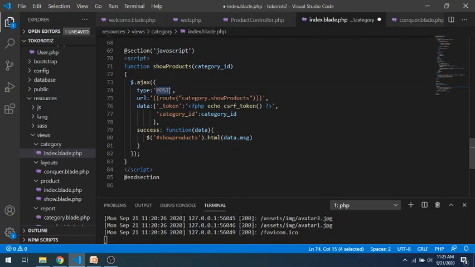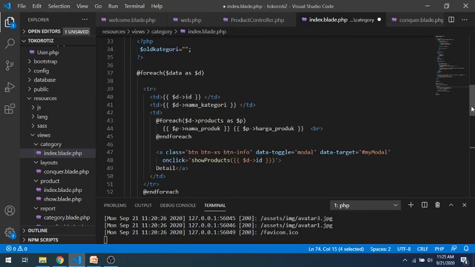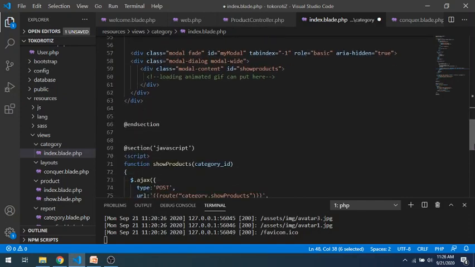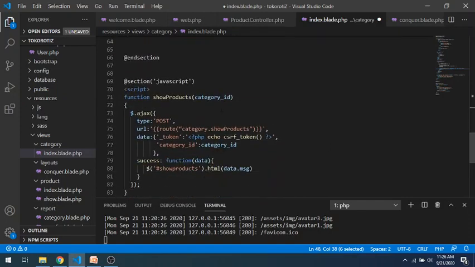Okay, this one with post type. Because it will be different for every category, we put a parameter here. So products, we put the ID here. So for the function, we have to prepare the variable here.